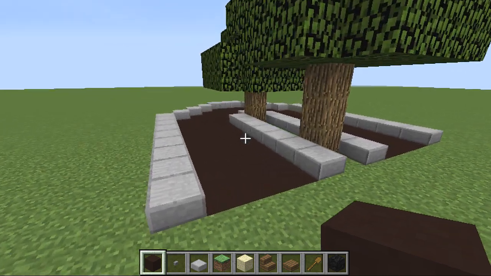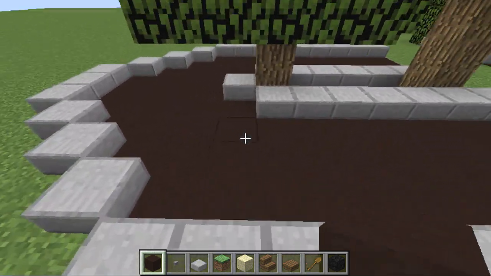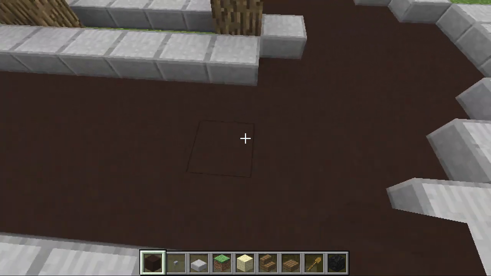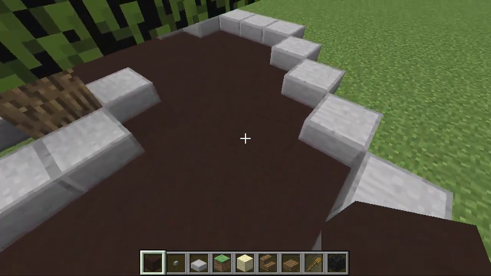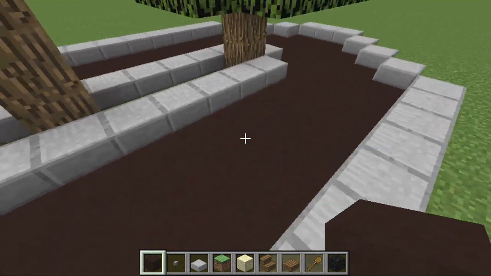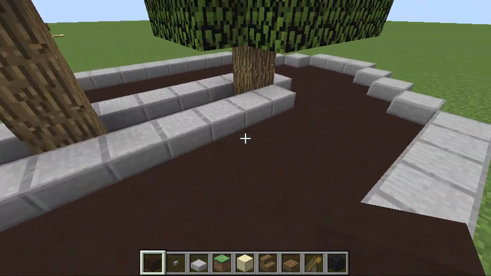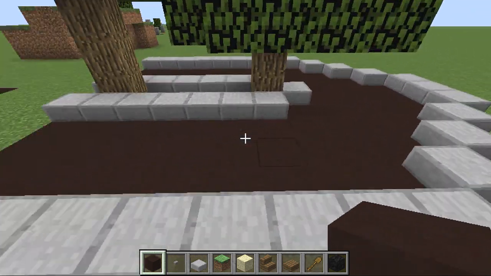So then over here, I just decided to do a basic curve. When making curves, it's important that you keep a very similar ratio from your straight into your curve. You don't want it to look too awkward when going around. So I just did a very basic one, surround it with some stone slabs, have some trees in the middle for